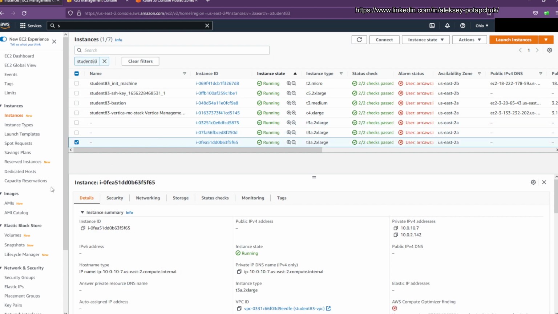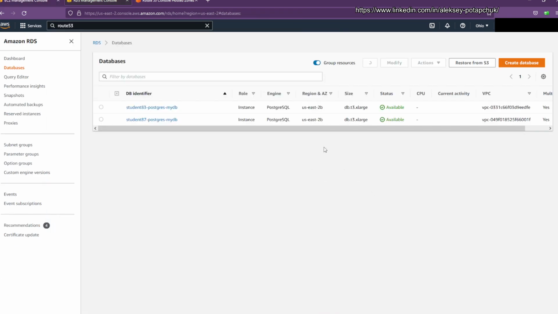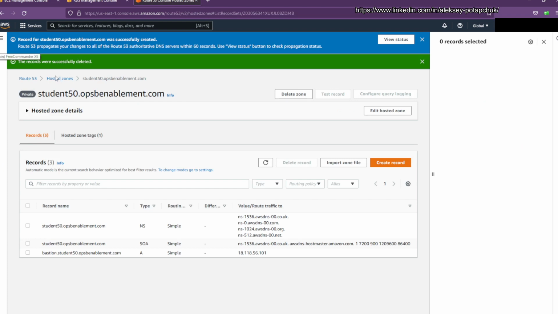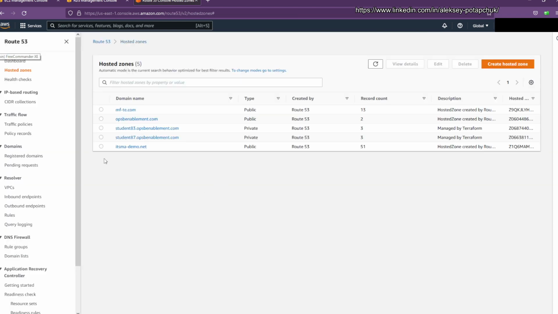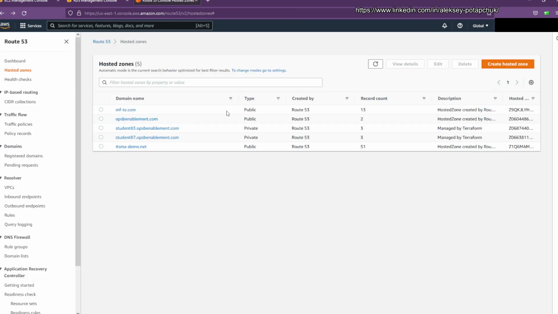But it goes much, much, much beyond that, right? So let's look at load balancer. I think it did not create one yet, okay? But when you go to RDS and you refresh the page, you see, well, there it is, student 83. When you go to Route 53 to hosted zones, there it is. It's a new zone that it created. You can even look inside and find that there is a Bastion A pointer to the Bastion node itself, which is fantastic. When you go to VPC,